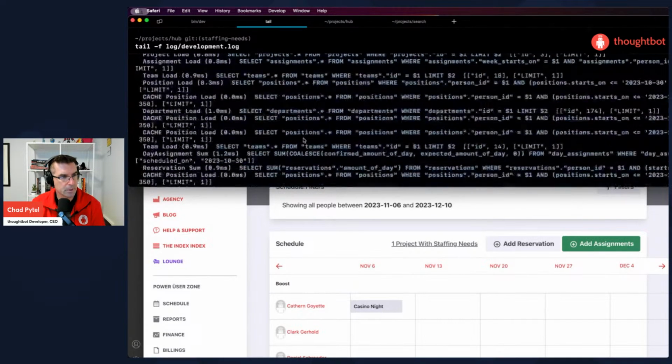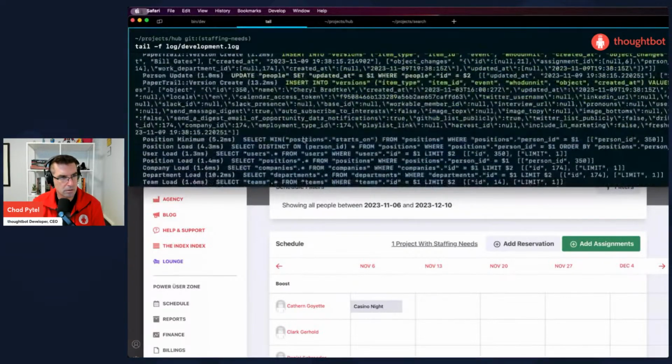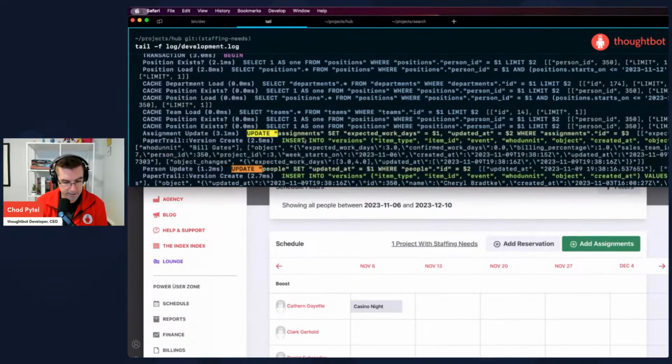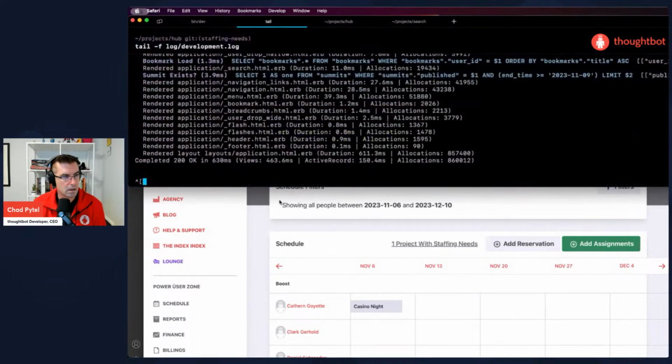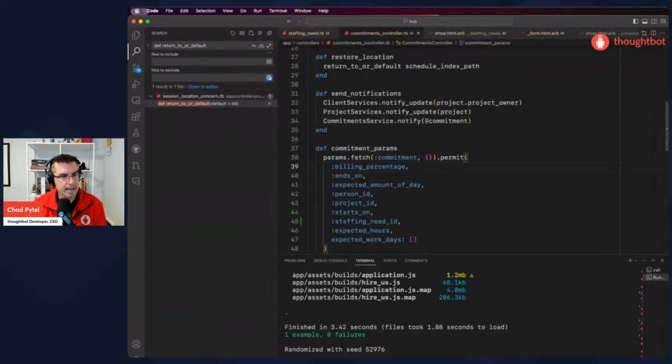And what we want to see is update staffing. So the update to the staffing needs was never called, which in theory means that,